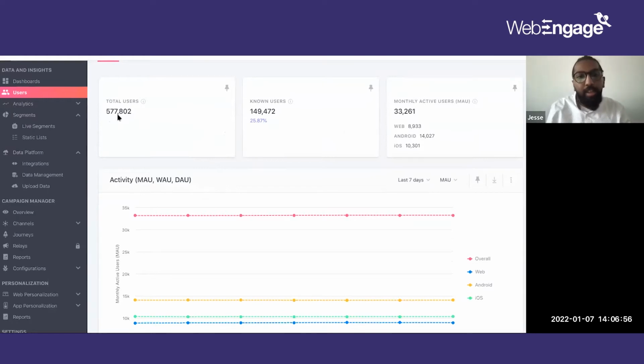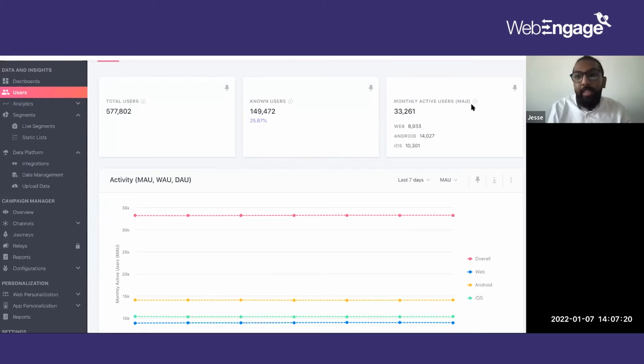The known user count is basically something that tells you which users can be reached out to, whose email ID and phone number we have identified. These are the users we can reach out to on the channels that I call push channels, which is basically pushing your communication to users outside of the platform.